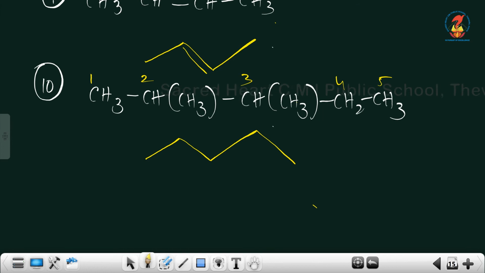Now this methyl group is attached to the second carbon. We know that all terminals are representing a CH3 group. So, okay, this terminal is a CH3 group. Okay, so this is representing CH3. Now on the third carbon, this is the third carbon, 1, 2, 3. On the third carbon also there is one CH3. It is understood that this is a CH3 group. Okay, now everything is correct.